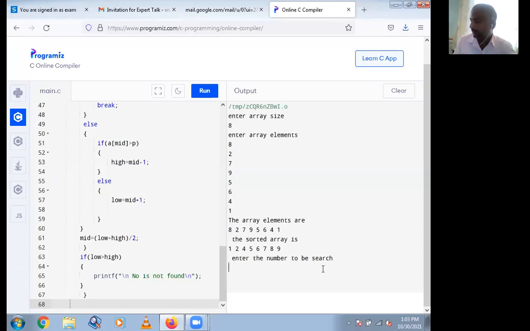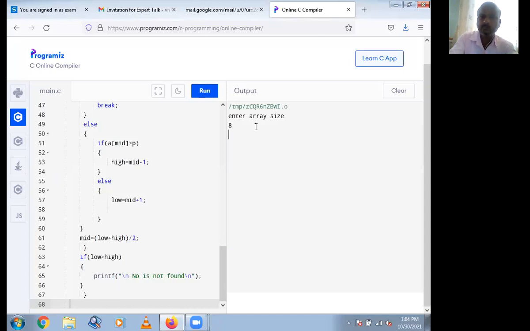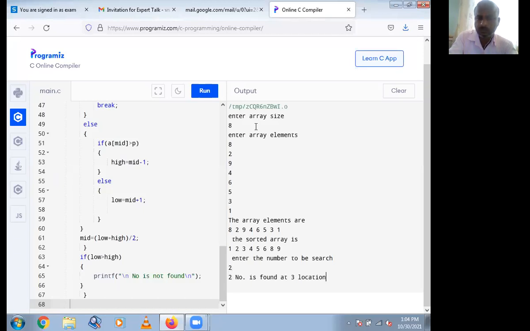Then enter element to be searched. Suppose I want to search 2. Then 2 is found at third location.